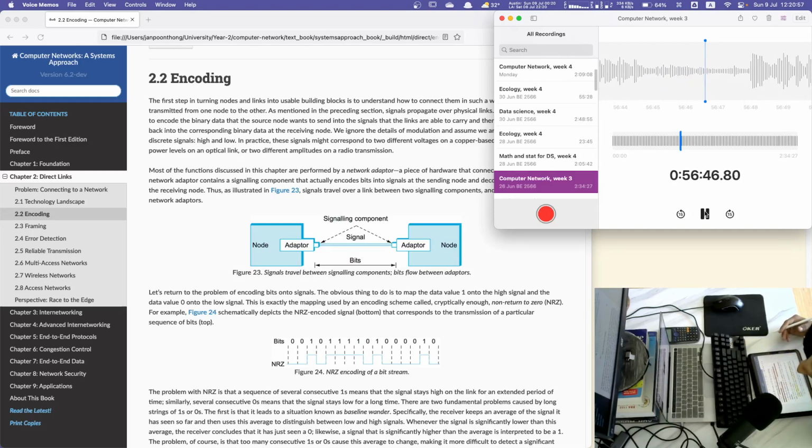Normally, whenever the signal is lower than the baseline, the receiver concludes it is 0, otherwise 1. So there is a lot of complexity in non-return to 0 encoding. One problem is baseline wandering, or drift in the baseline, so the receiver is unable to identify a long string of 0s or a long string of 1s. Okay, so the second problem here,